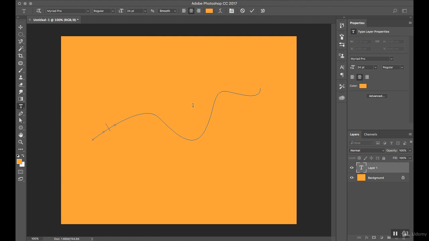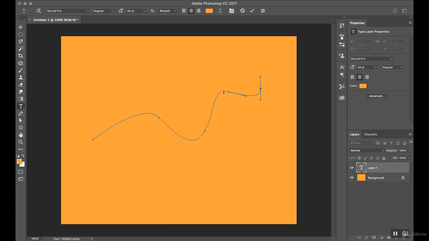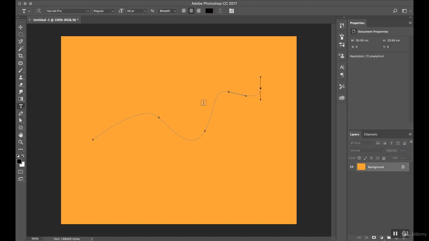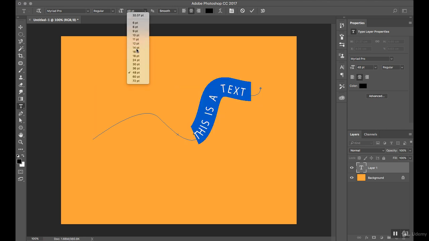So let me type. Sorry, let me change the font color so we can see it. This is a text, so we have to move this one. Okay, cancel text. I have to click here so that it can go back to this. Color change again. Okay, now let's move. This is a text written in, the font size is increasing for